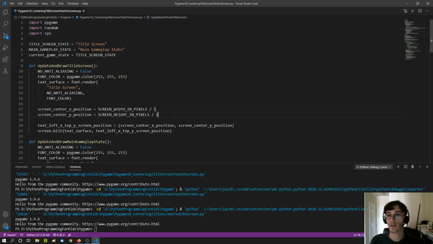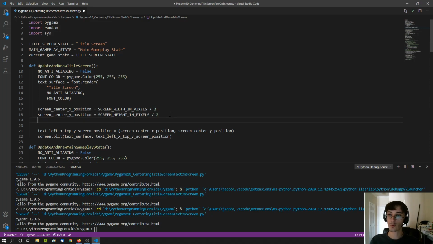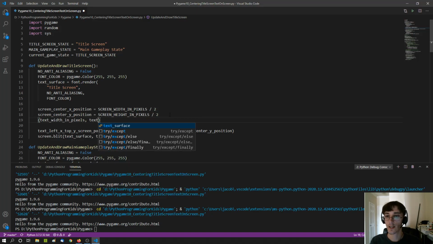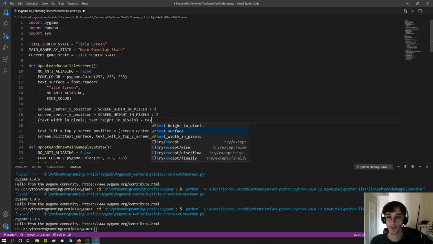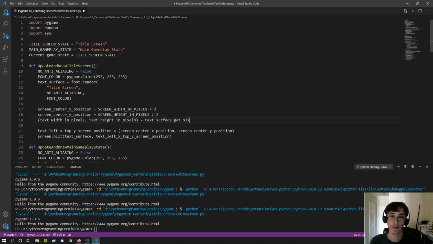So if we're going to compute that, we'll need to say text width in pixels and text height in pixels. Now we can say text surface, again I pressed enter to select that, and then dot get size,